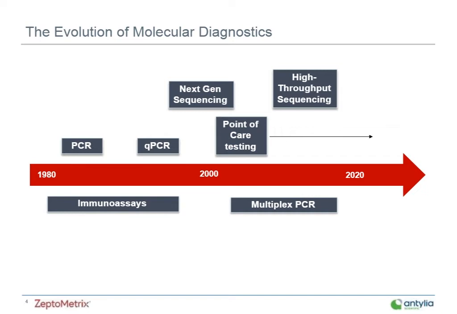And around the same time, DNA amplification methods were being honed. And HSV, I think, in cerebral spinal fluid was one of the first. And around this time, also, the first FDA-approved molecular diagnostic testing kit was released for the detection of chlamydia trachomatis. Of course, along with these, immunoassays were also being developed in tandem.